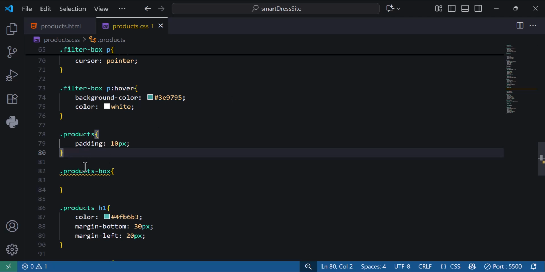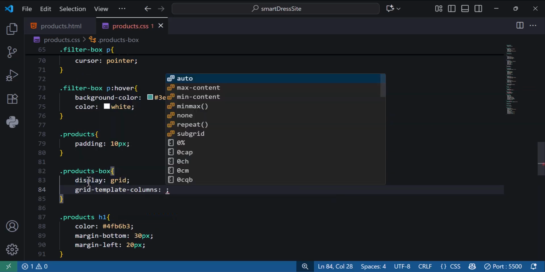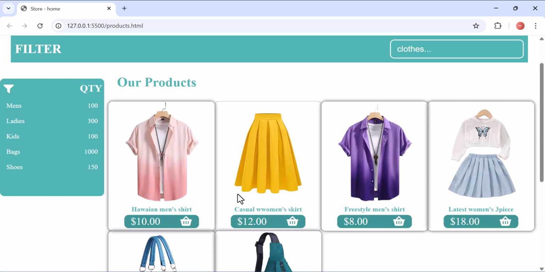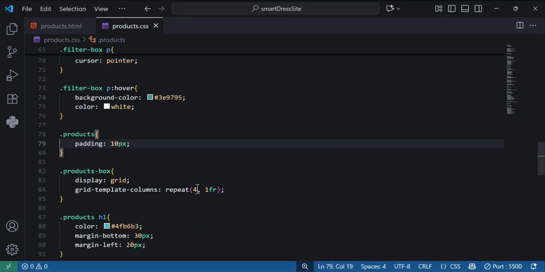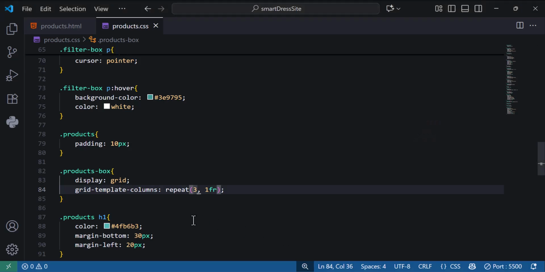Then I'm going to say dg like that, which stands for display grid, and then grid-template-columns, and we say repeat(4, 1fr). We want all of them to have the same size. So this is what we have, and we can give it a small gap. If you want, you can reduce it to repeat 3 like that. And this is what we have, but it doesn't look so good for me, so I'll say repeat 4, and then I'm going to reduce the size of the card,